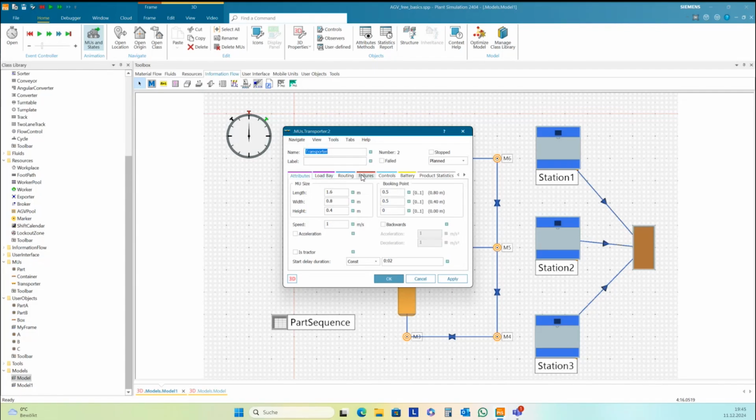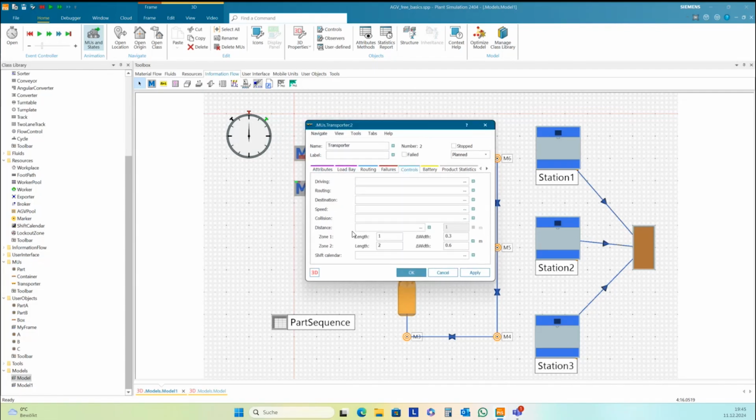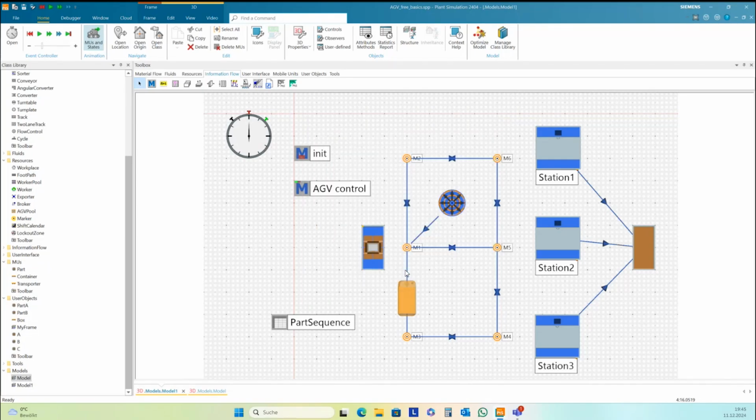There's a way to create some controls here. There's a distance control, and you can define several zones. And if another HEV comes into these zones, then the distance control is called, and then you can create some actions. But if you have several fixed routes and you want to have only one HEV on the routes, then you need to block the routes with your programming. And so it's not automatic until now. Maybe there will be changes in the future.